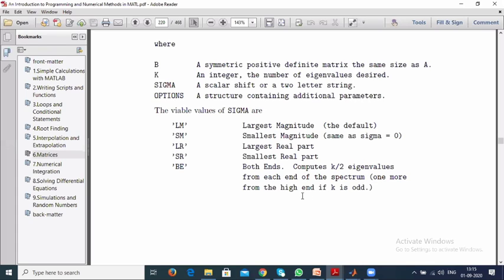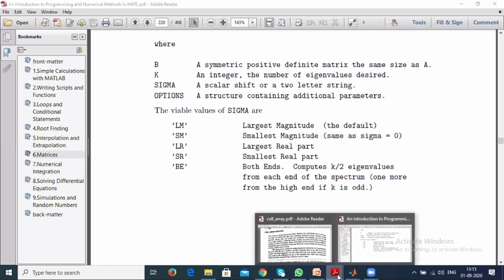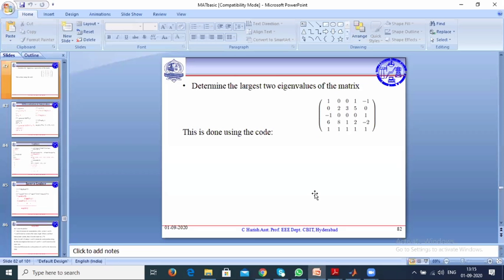This is regarding the design point of view. Just understand what eigenvalues are, how to find the eigenvalues and eigenvectors, and what the command eig of A is. That command is important. But in the examination, nobody is going to ask you to find the eigenvalues of so-and-so matrix. He will not ask that. He will just ask what command is used to find the eigenvalues and eigenvectors.